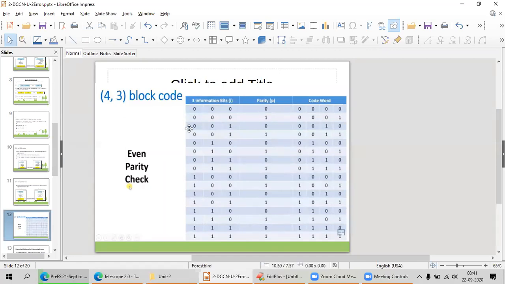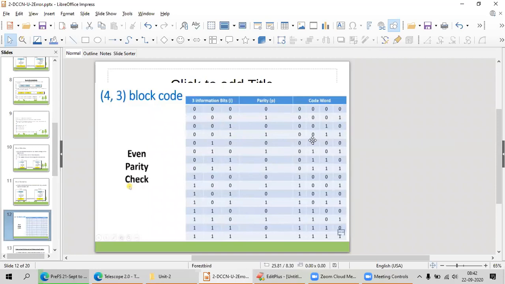In the case of 0001, it is not even parity: there is only one 1, so it is odd, and I reject this code word. The third one is also odd, so I do not accept it either. Next, 0011: good, I accept this. So my message is 001. I got the proper thing.